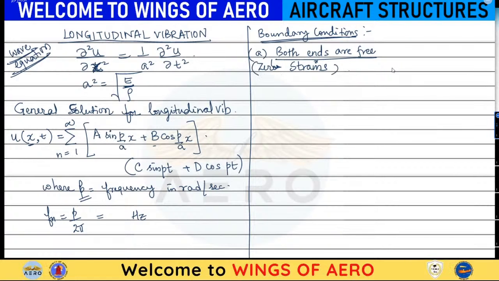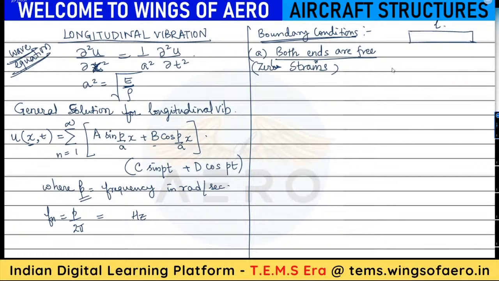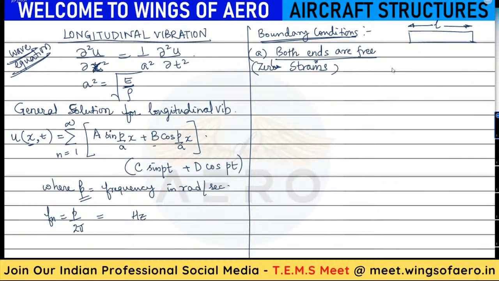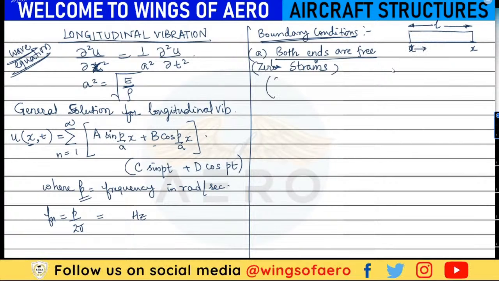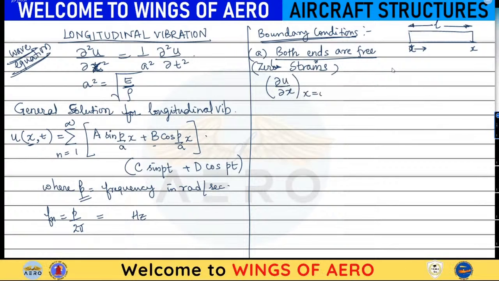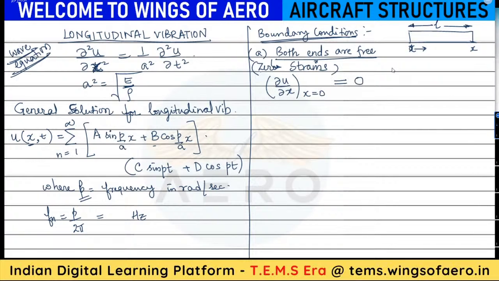So when there is zero strain at both ends, consider this a beam, where the length of the beam is L, starting from this point to this point. So we can write ∂u/∂x when x tends to 0 equals 0. This is the first condition. Second condition for